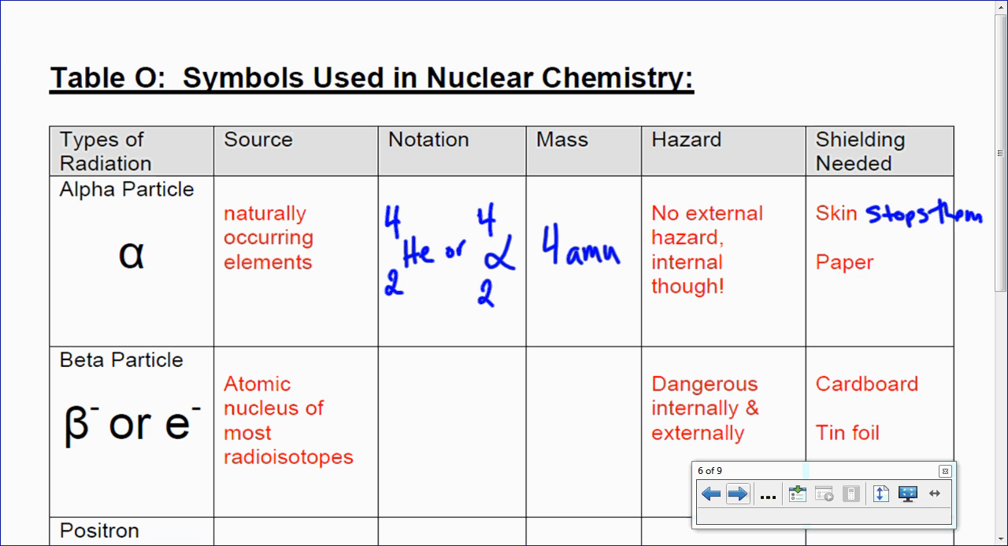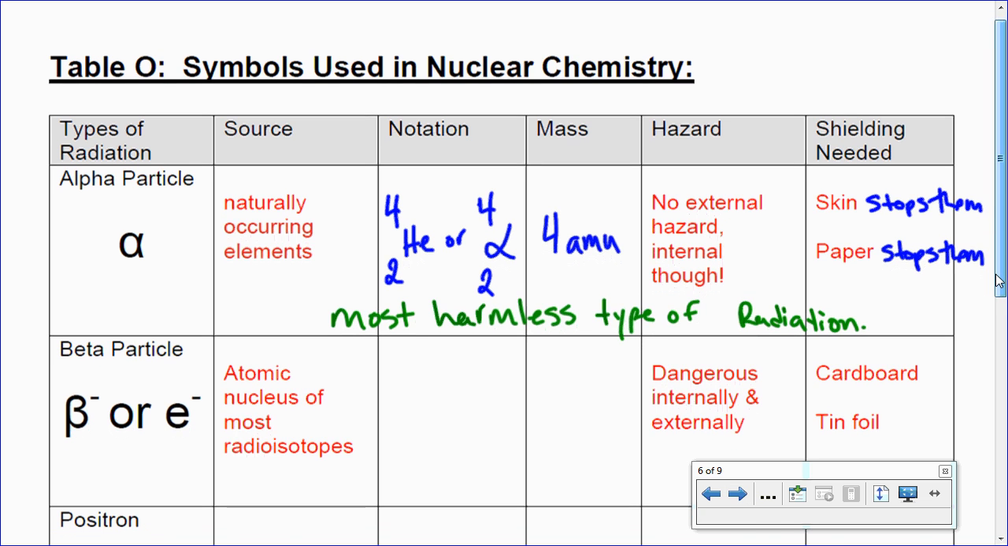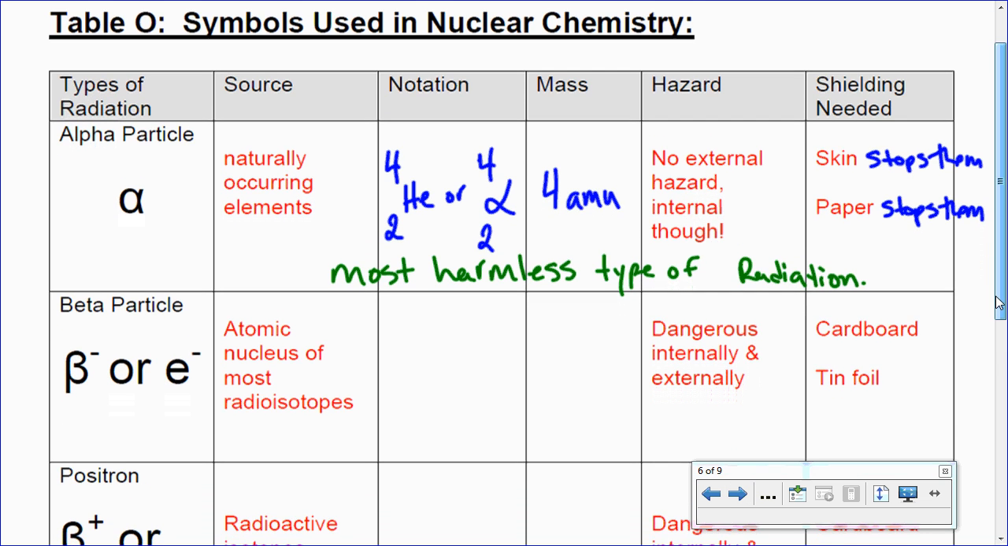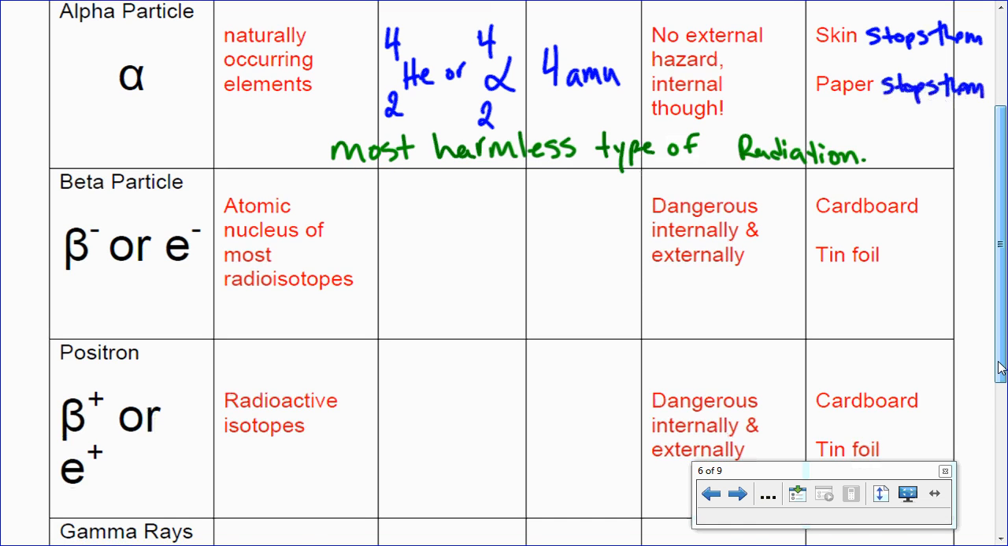And paper also stops them. So this is the most harmless form of radiation. The most harmless type of radiation. Okay, we're being hit with that all the time. Not a ton of it, but we are being hit with it all the time. Your body, your skin, a piece of paper will stop this stuff. So your clothes will protect you from alpha particle radiation, which is just one of the ways a particle can